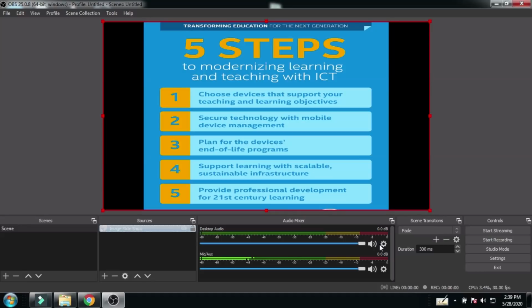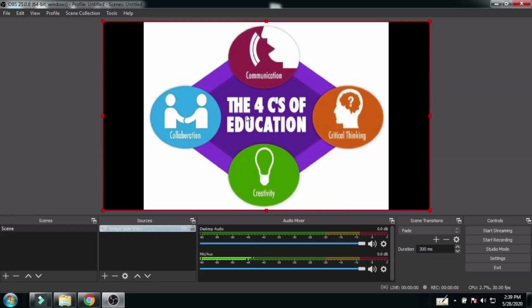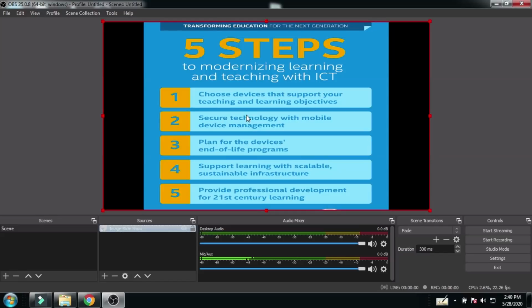So now click on the right arrow key. It is moving. The 4C of education: communication, critical thinking, creativity, collaboration. And back, the previous slide is there.